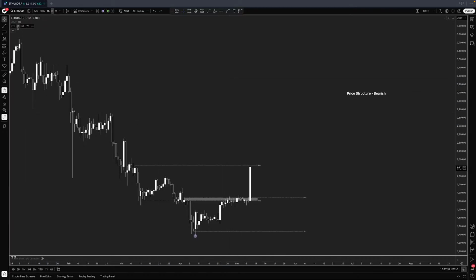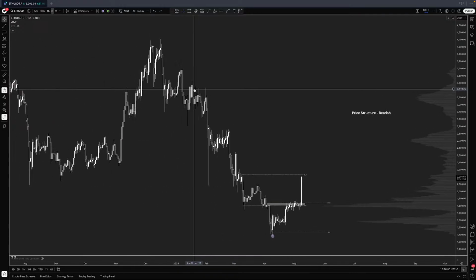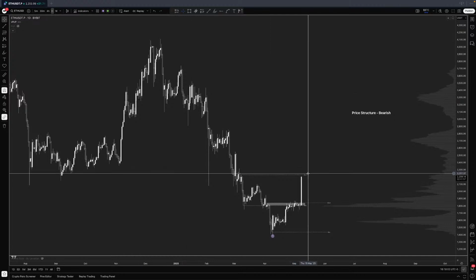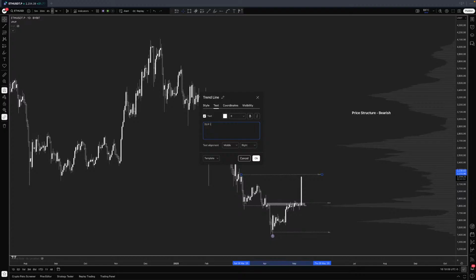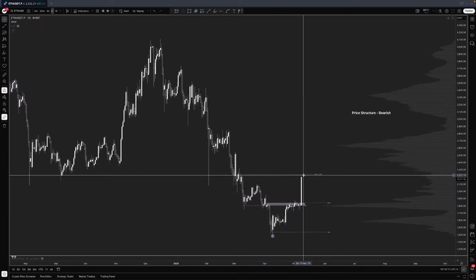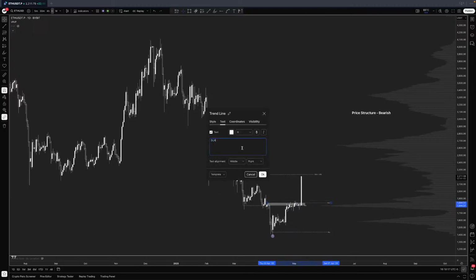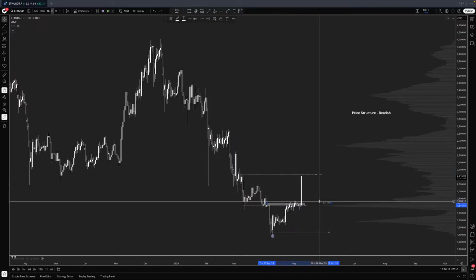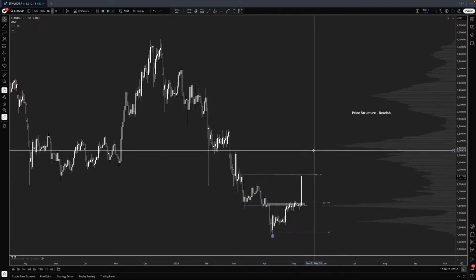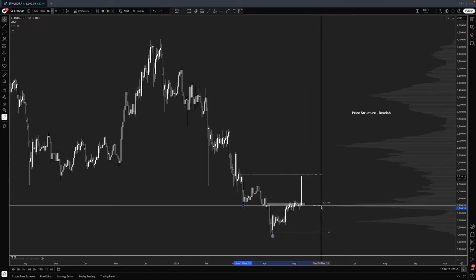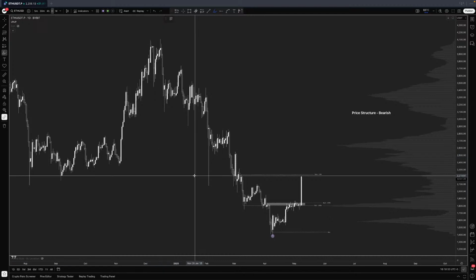Now we will activate the visible range volume profile because I want to know what these levels actually are. For this, we know that this level over here is also a low volume node, so it's very likely to reject price. This zone over here, to be honest, is the high volume node, and it can be considered a point of control. Every high volume node is a point of control. Why is that? Because that's where most of the volume was traded, and we can clearly see that in this range of price action.